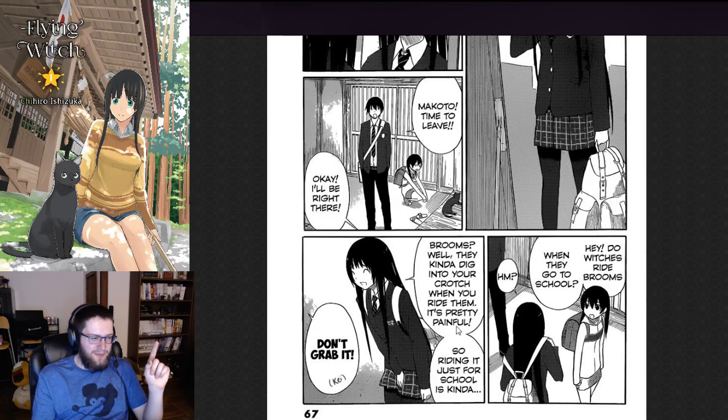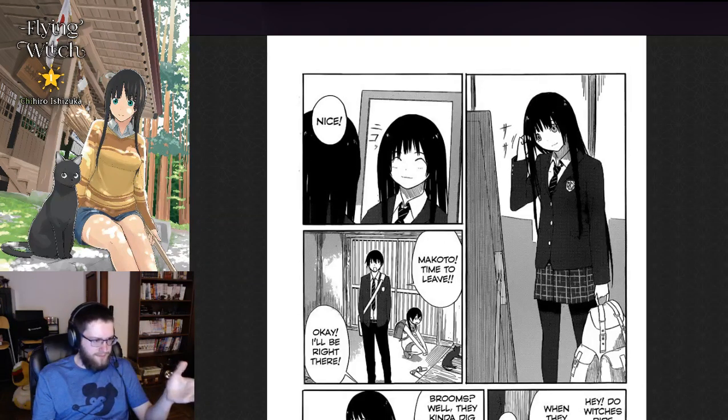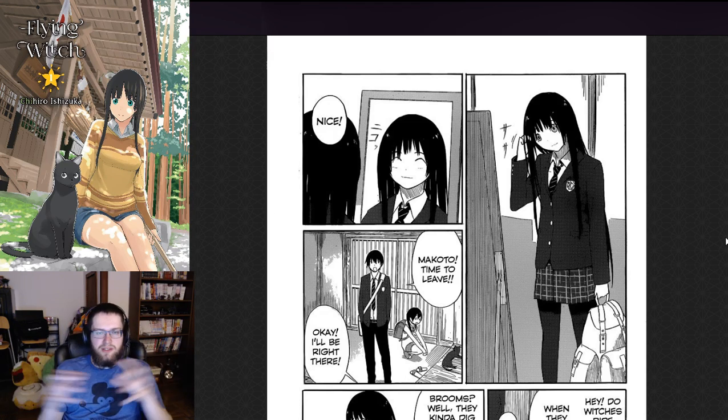She talks about how brooms dig into your crotch when you ride them. But Makoto attends school. And this manga is such a nice...